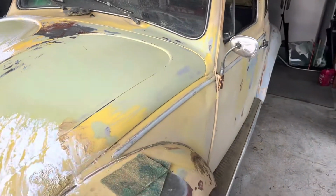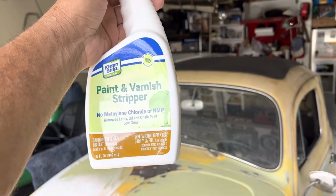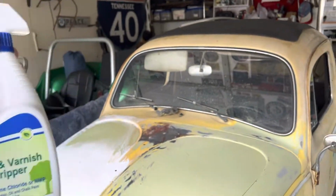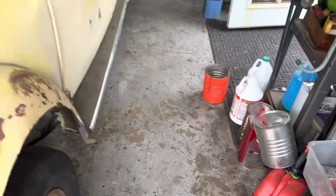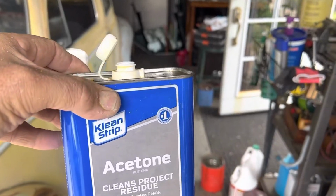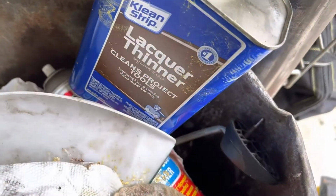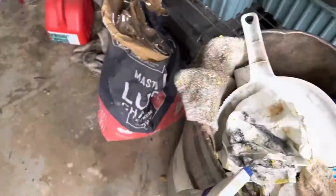Let's see where my products are. I've been trying to use this. It's not doing so great at all. I put it on there for 30 minutes and I get a couple spots where it's wrinkly, but not too bad. I'm also using acetone. This can's a few years old, so I'm thinking it might not be as strong. And then what's worked best is lacquer thinner in a spray bottle and a green scrubber, and just go to